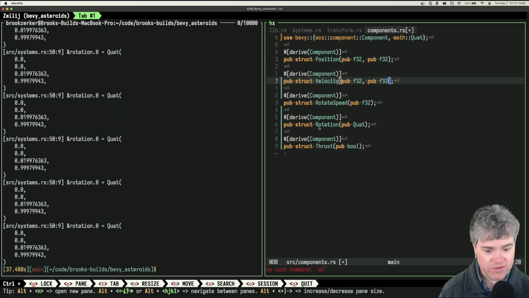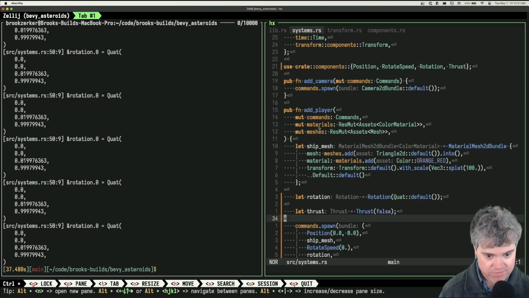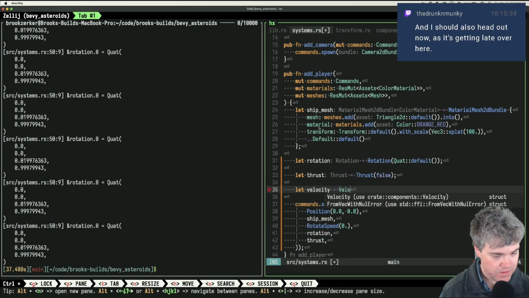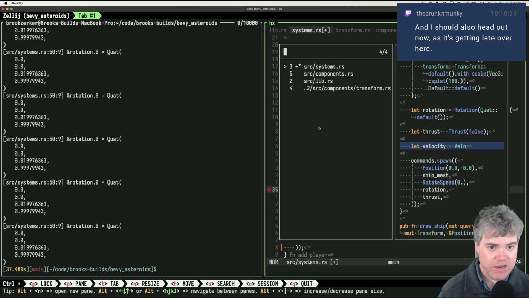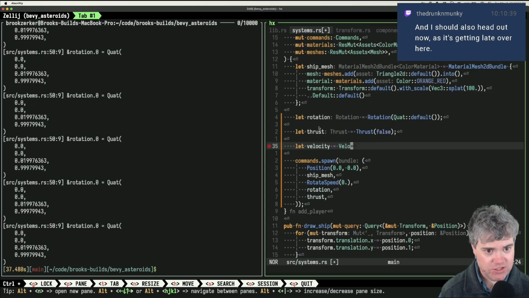Okay, so we'll have a velocity in our systems. We have a rotation, we have a thrust. I want a velocity. Oh, now that I think about it though, I'm doing this position just like that. I wonder if I should do the position as like a vec2 or a vec something else.